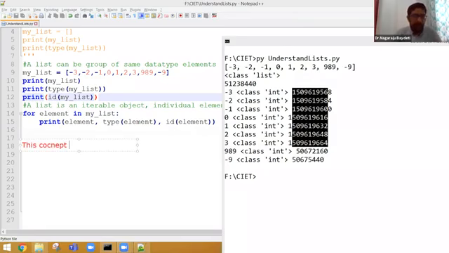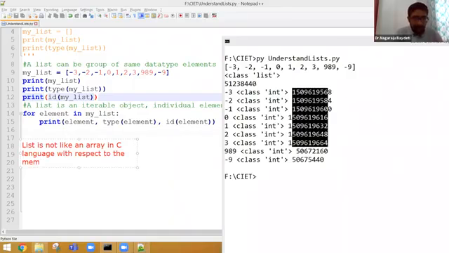This concept is not like an array in C language. List is not like a C language array with respect to the memory organization.